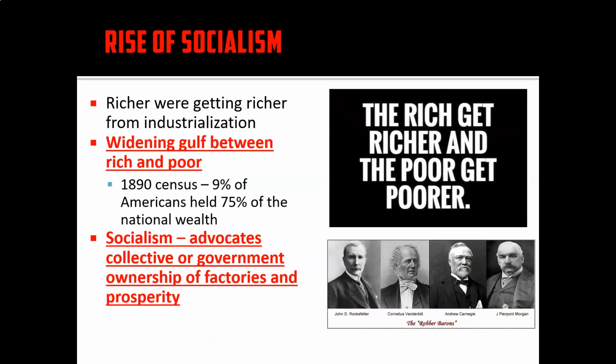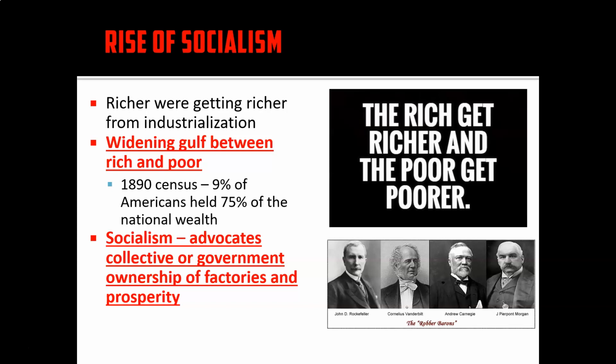Now, socialism was very much on the rise during the late 1800s into the early 1900s, and you're going to see that especially in the 1900s when we get a little bit closer to some of the Red Scare stuff and some of the different things with communism. But during this time, the rich were getting richer and the poor were getting poorer. There was a huge widening gulf or gap between those who had money and those who did not. And the industrialists were making money as fast as they possibly could, almost as if they were printing it.